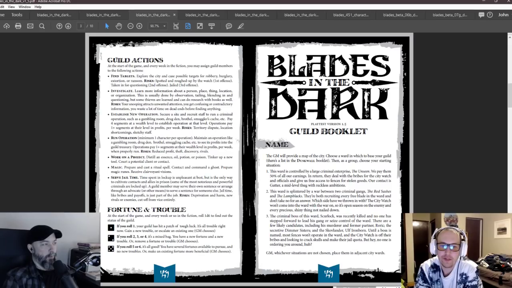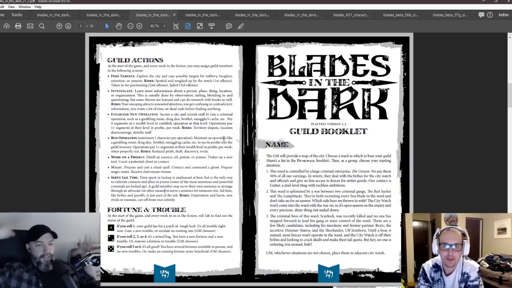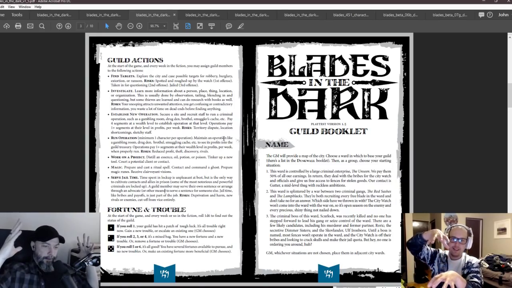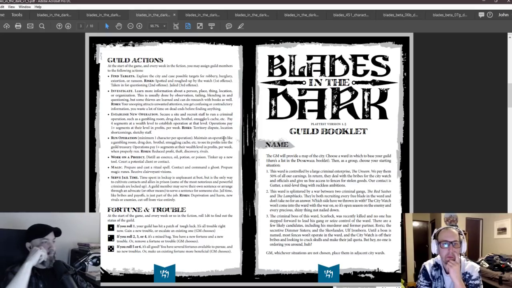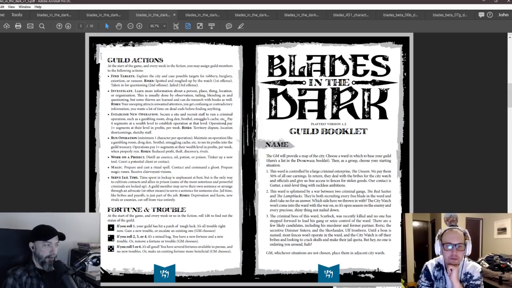So there was a long period where downtime to some degree, although I was going to say these look like downtime actions. A lot of them are downtime actions. A lot of them are different. They are now, but the idea was that, and this was a bad idea for this game, but it made sense at the time, that your guild would do stuff. So the PCs are getting spotlighted on the jobs, and then when we're not doing a job, the guild, the nameless guild members and the guild itself, step back a layer of scope and look at just the guild, and it runs, and you pick these guild actions to find new targets or establish a new operation, run an operation you already have established.